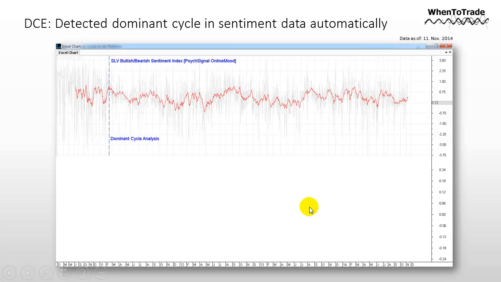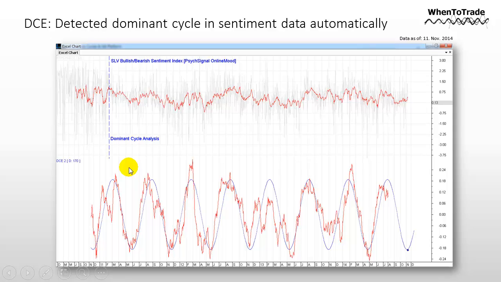Press OK. We then align it, and this is the reason why we've chosen the smoothing engine here with the red data, just to a high somewhere in the past to see whether a cycle can be detected. This is how the chart looks now with the sentiment index and our Dynamic Cycle Explorer in the lower end. What you see here is that our Dynamic Cycle Explorer was able to detect a cycle with a length of 170 bars.